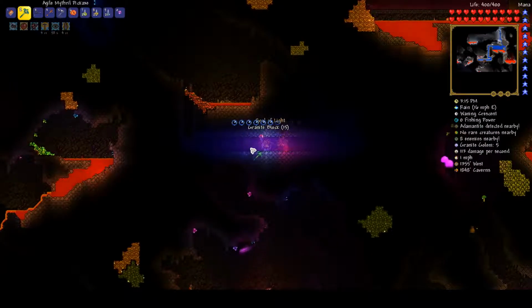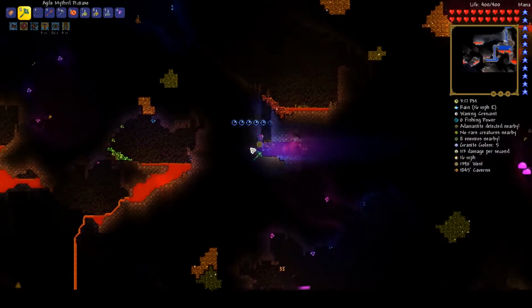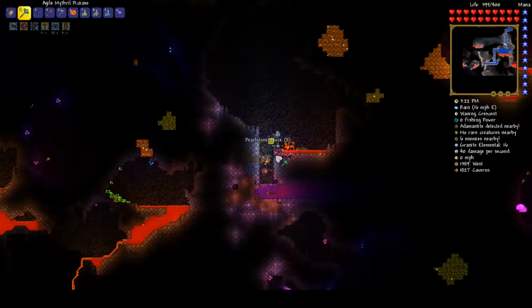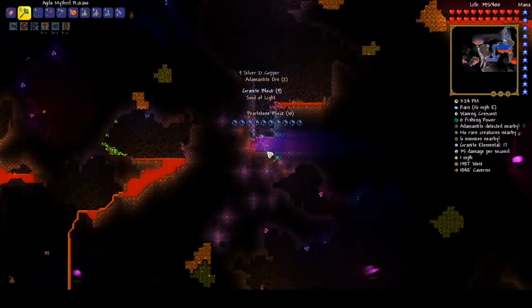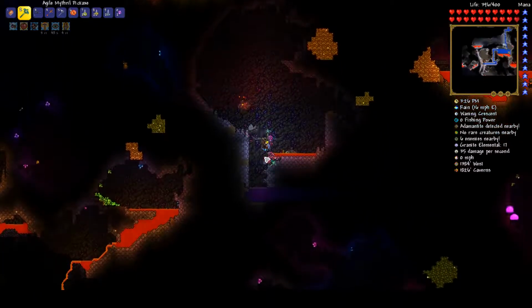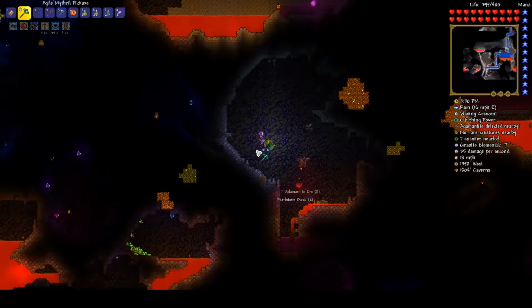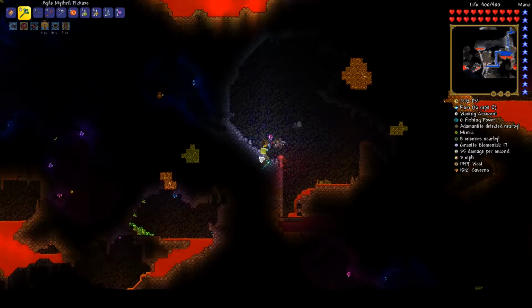Okay, so I mean this is just an example of how you can go about, or at least how I've gone about strip mining this world. And I've got my lava charm on as well, so I can spend a few seconds in lava. There is still...